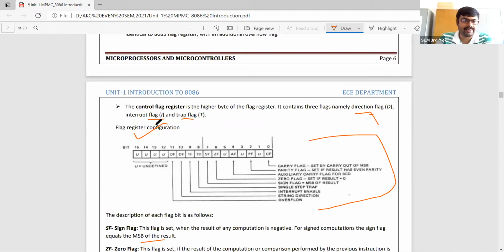This type of question you may face in your exam, because they might ask you to draw the architecture of the 8086 flag register and then describe each and every operation. The next class also we will discuss the flag a little bit, when I briefly discuss the different topics that I have discussed in today's class. Then we will discuss the flag register.